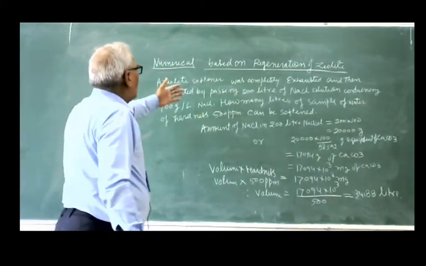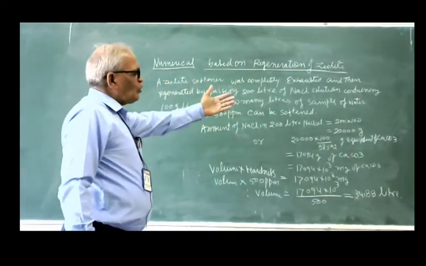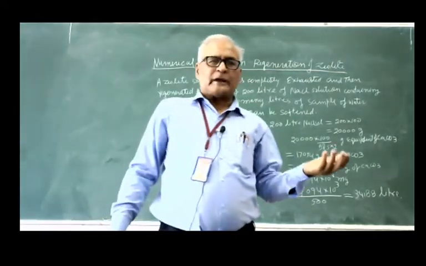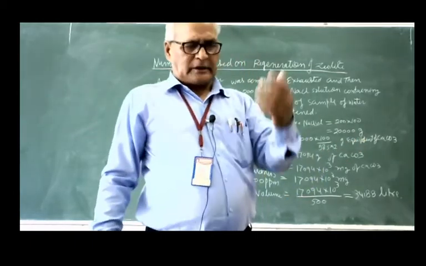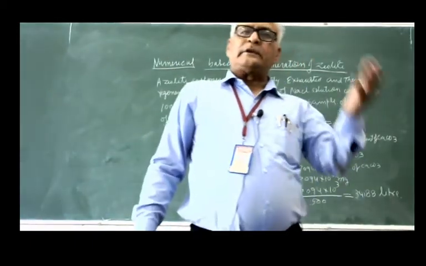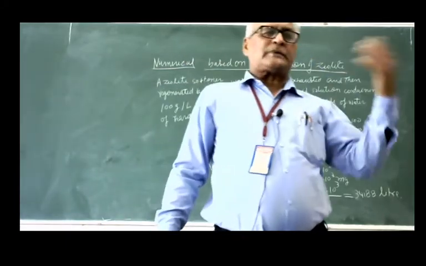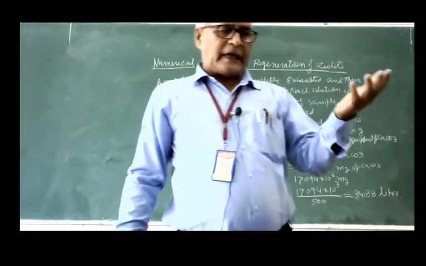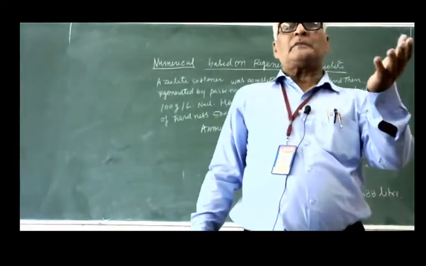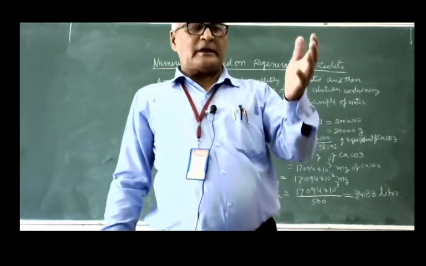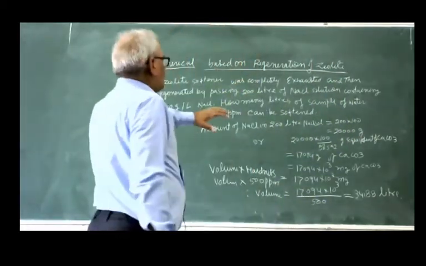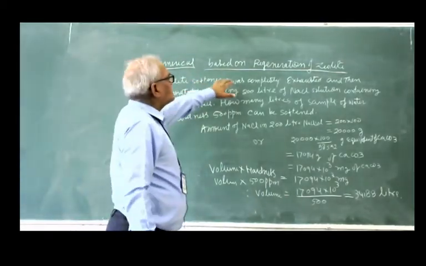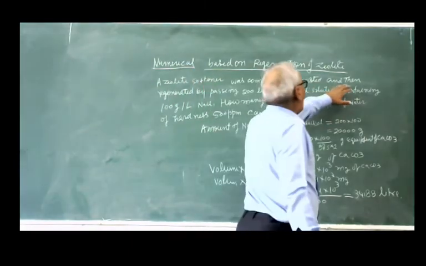Now look here, I explained two methods for the softening of hard water: one, the zeolite process, and second, the ion exchange resin. Now in the zeolite process I told you that after some time zeolite becomes inactive because of the attached cations like calcium and magnesium ions. So that becomes inactive, that is, zeolite becomes exhausted. Now there is a numerical question. It has been asked that a zeolite softener was completely exhausted and then